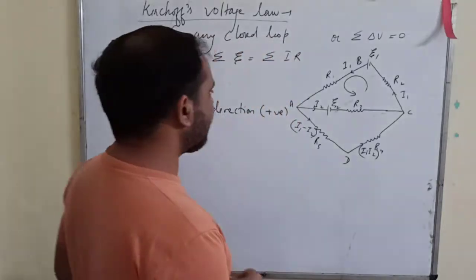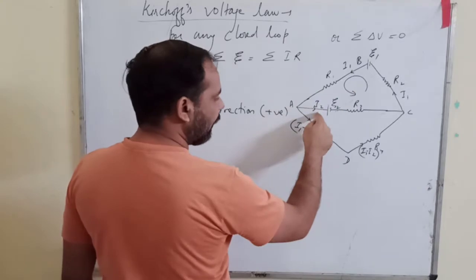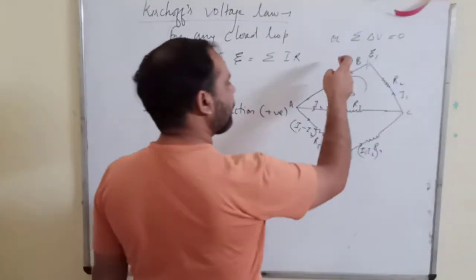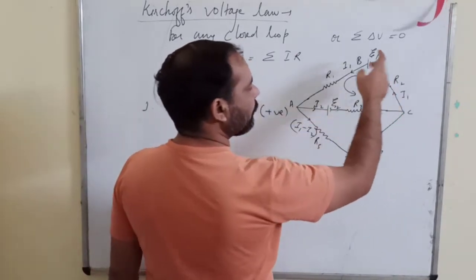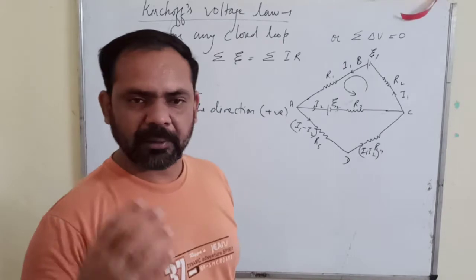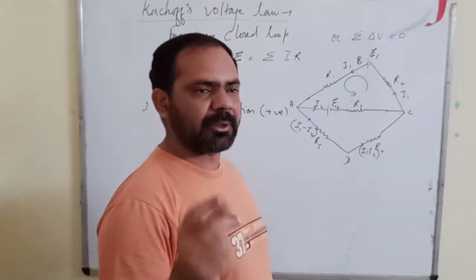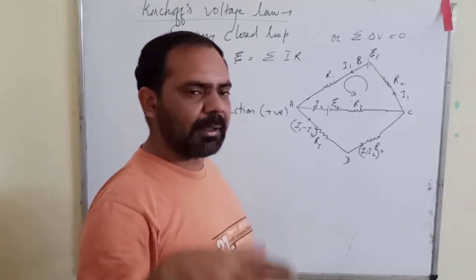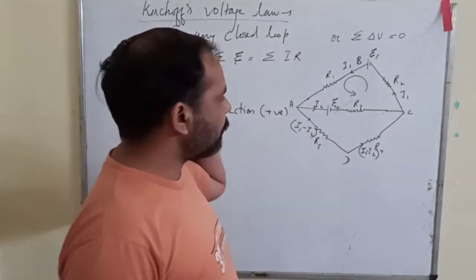So this way, now how many current variables do I have? I1, I2. Only two variables. In case I mark I1, I2, I3, and then I4, then I will have four variables, so I will need four equations to solve them. Here now I need only two equations to solve the current. So what we do is try to minimize the number of variables in the circuit. So this way I have marked.